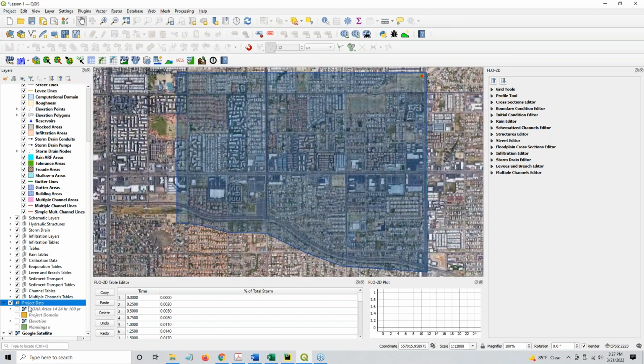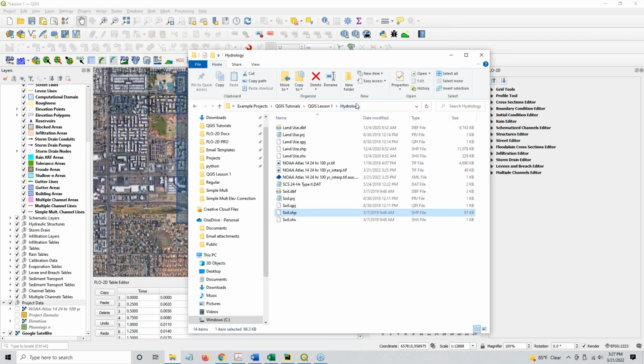I'm going to turn everything off except the layers that I want. So the key is to activate the group so that when you drag data and drop it on the map, it goes here. Otherwise, sometimes you might lose it. If you put it in these layers, you might lose it. And then I'll get from the hydrology folder, I'll get the soil and the land use shapefiles and drag those